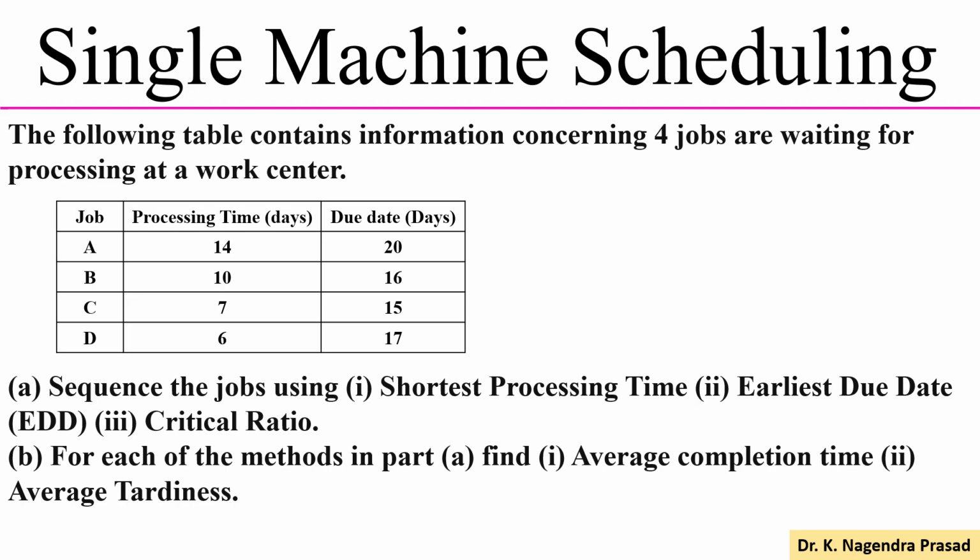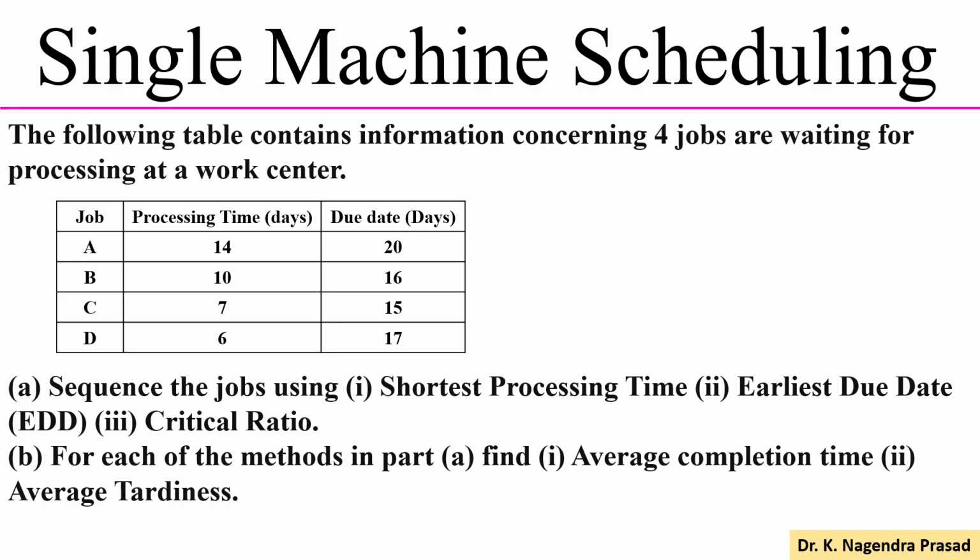In the present video, we will discuss the single machine scheduling problem. Let's see the problem. The following table contains information concerning 4 jobs waiting for processing at a work center. So we are given the 4 jobs A, B, C, D along with their processing time and due